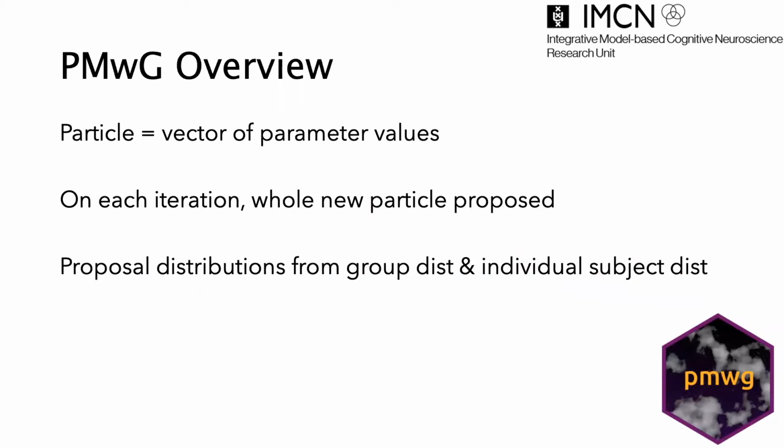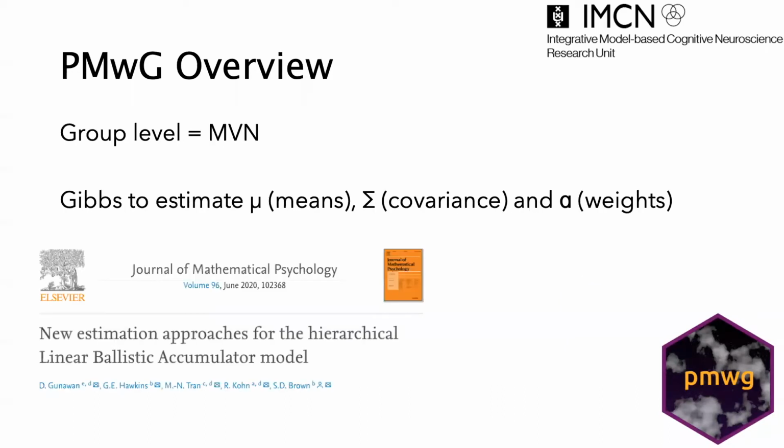Luckily, we chose to use pmwg for this application. As a quick recap, pmwg stands for particle Metropolis within Gibbs. It is a hierarchical model-based sampling algorithm. For this, we sampled the random effects, i.e. subject-level parameters, using a particle Metropolis approach, where on each iteration for each subject, many particles are evaluated, where each particle is a vector of parameter values. For the group level, a Gibbs step is used to estimate the group level model. For the group level model, the standard usage is a multivariate normal group level distribution, meaning that we estimate the vector of parameter means and the variance covariance matrix.